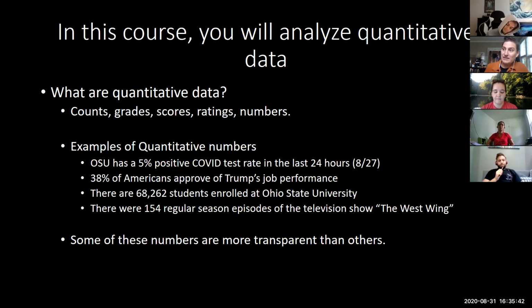So here I have some examples of quantitative numbers. Ohio State has a 5% positive COVID test rate in the last 24 hours as of 8/27. 38% of Americans approve of Donald Trump's job performance. There are 68,000 students enrolled at Ohio State University. And there were 154 regular season episodes of the television show The West Wing. So as you look at these numbers,